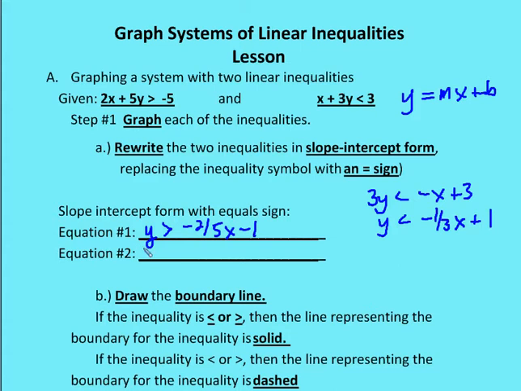And I'm going to take that inequality, which is really an inequality in slope-intercept form. Y is greater than negative 1/3 x plus 1. All right, so now I have the two inequalities in slope-intercept form, except instead of an equal sign, I have an inequality sign. Okay, so the second step now, or part 2 of step 1, is to draw the boundary line. And the boundary line is equal to the line that we're given, assuming that instead of the inequality greater than,